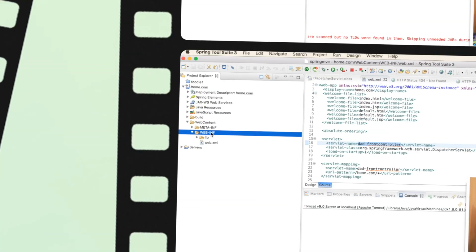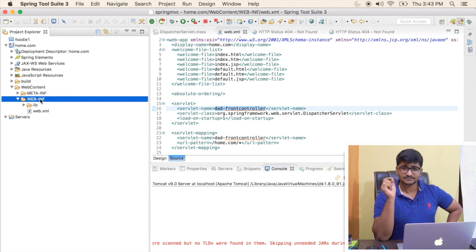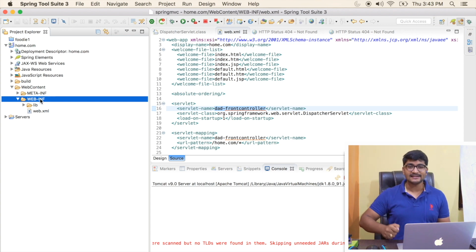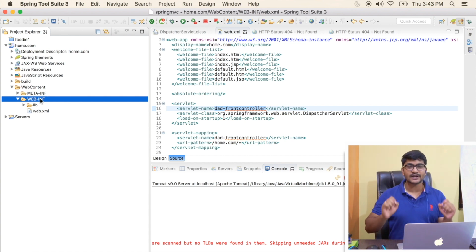Now you must be thinking, okay, this is a strange thing. Why is DispatcherServlet looking for that particular file? That is a good question, and that is the most important question. This is the only one thing that I want you guys to be aware of. So first of all, before I tell you what that particular file is, let me create that particular file for